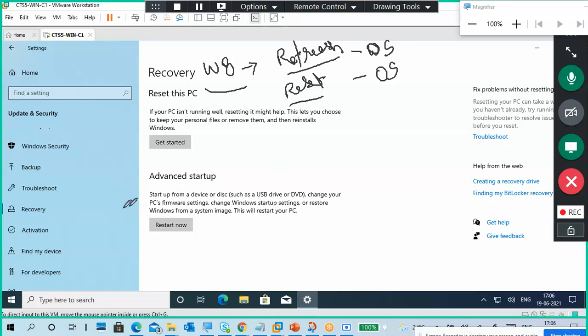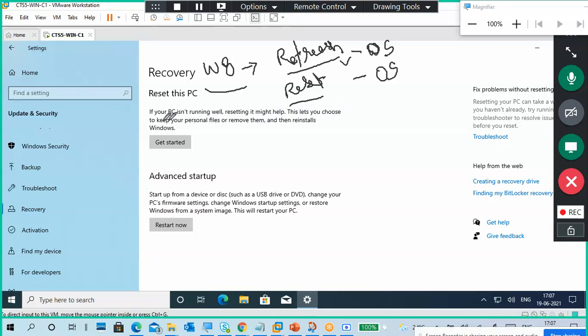If you open one file, it opens with another application, like a Notepad file opening with WordPad. So I chose refresh. It took more than 2 to 3 hours, but completed successfully.